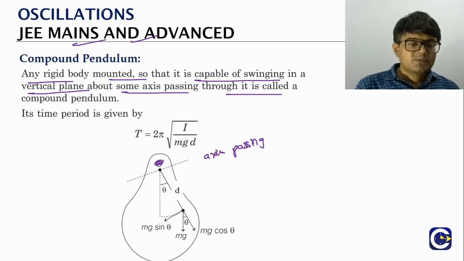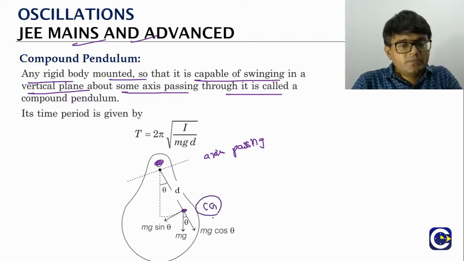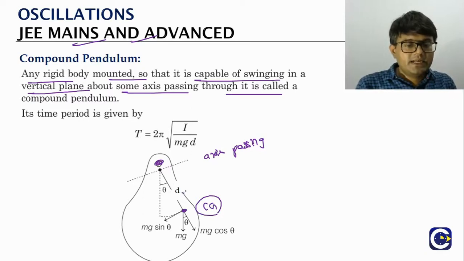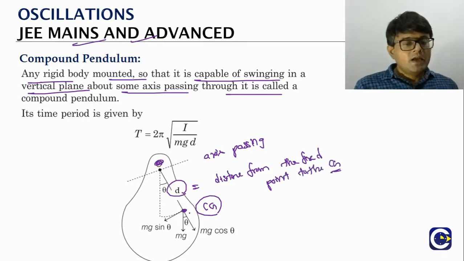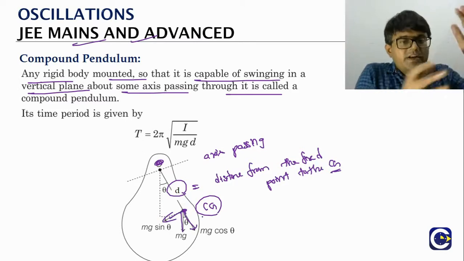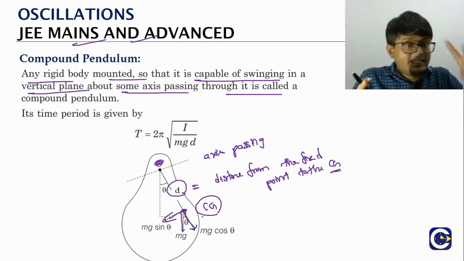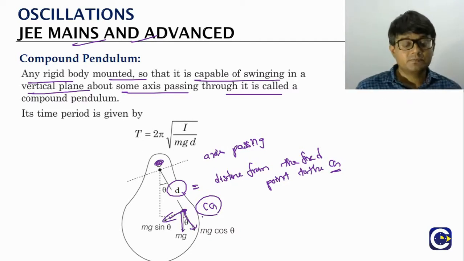So look at it. The center of gravity is where we can take the weight of the object to be acting. Here let us say that d is the distance from the fixed point to the center of gravity. Now same thing, the mg can be resolved into components, mg cos theta and mg sin theta, provided we are giving a small angular displacement of theta, like the way we have done in the case of the pendulum bob derivation. Same thing here we are going to do.